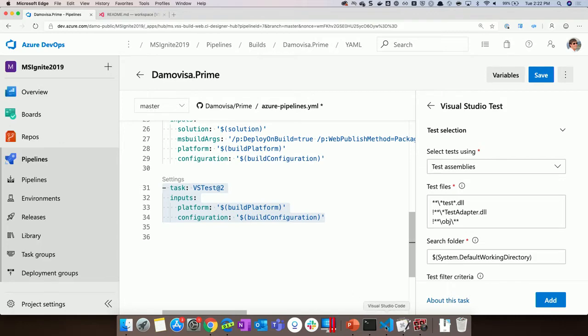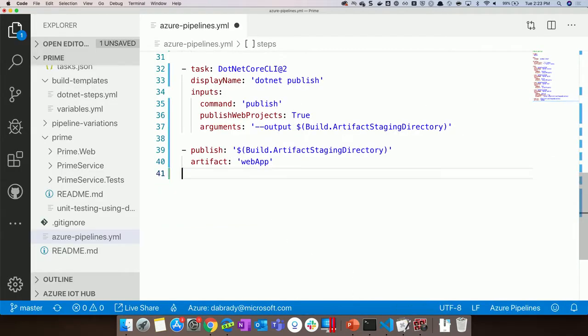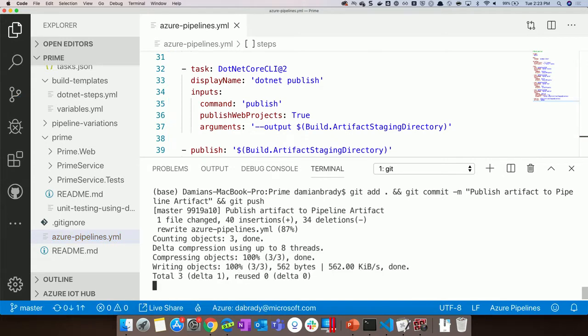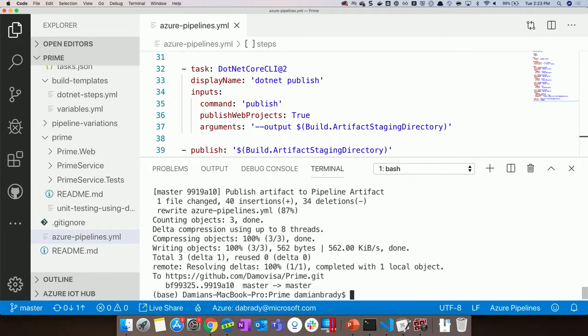All right, so I'm going to push that change. I'm going to save it, and then we're going to actually just use the command line because I've got some fancy shortcuts, and git push that. So now that'll trigger a new pipeline. We'll end up with an artifact at the end of that as well. And so that'll give us some basis of where to go from.